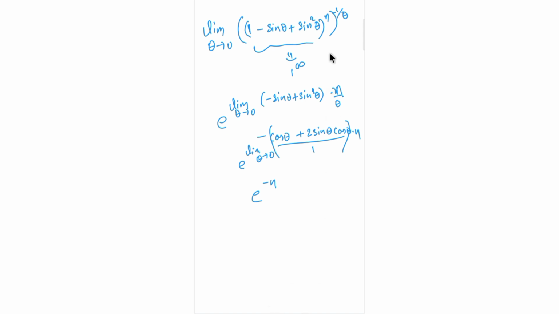Why did I write it as minus? It's whole power 1 by theta, that's it. So into n by theta. For clarity, I'm writing it once again into n by theta. So it's n, I've just got this theta into the denominator, and because I used L'Hospital's rule to solve this. So this is how you do it.